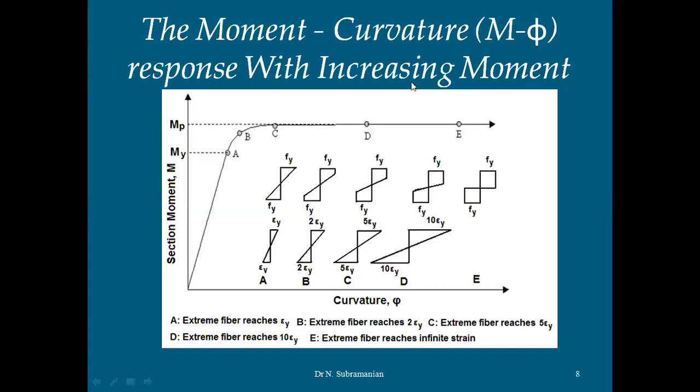Right, the moment curvature, I think we already discussed this. This is how the beams are classified into different categories. So till a point, this is called slender sections. Okay, from A to C we call it as a semi-compact section. From C to D we call it as a compact section. From D to E we call it as a plastic section, isn't it?